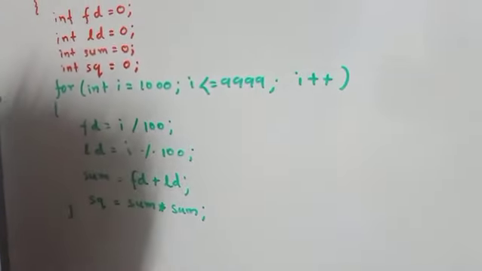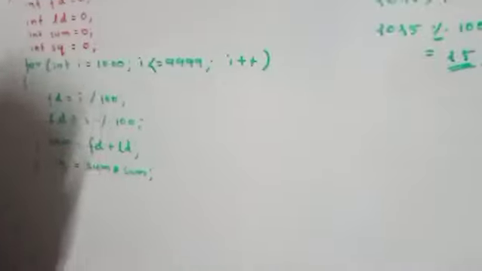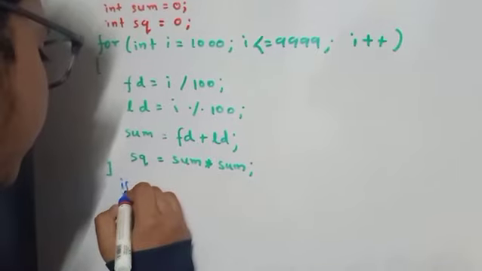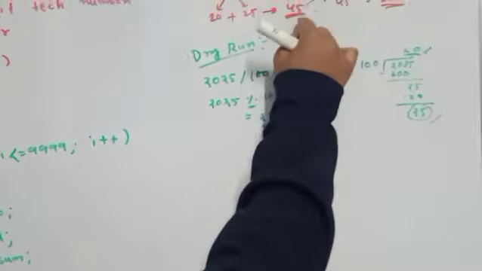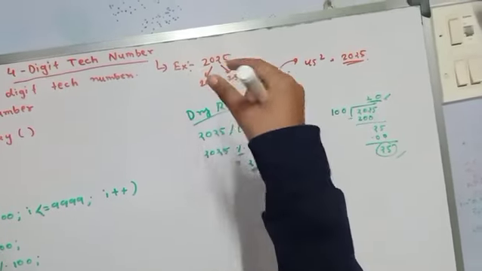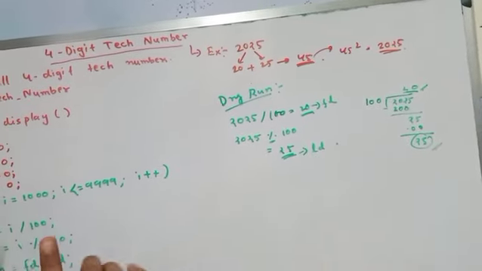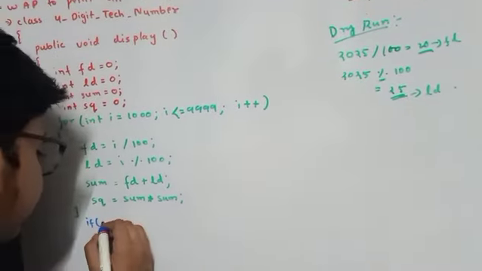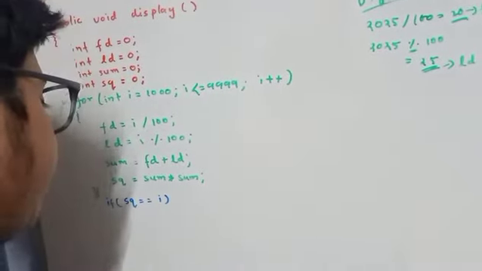Now we will use the if-else statement. So we have to check, in this case, if the square of the sum of the first 2 digits and the last 2 digits is equal to the original number, then only we can say that it is a Tech number. So if sq double equals i, then